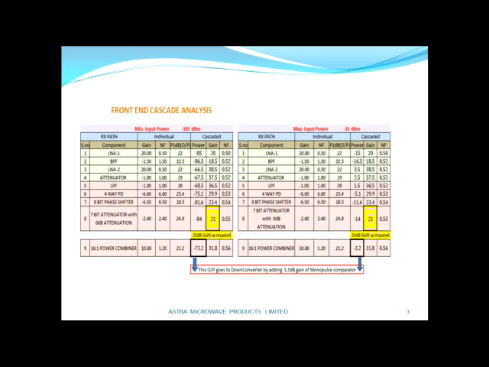As I said, we are expecting 21 dB gain before the power combiner and 10.8 dB gain from the 16:1 combiner, so around 32 dB total gain. With this, we get around minus 3 dBm when the maximum signal power is present, and minus 73 dBm when the minimum signal is present at the receiver input, and the cascaded noise figure is around 0.55 dB.